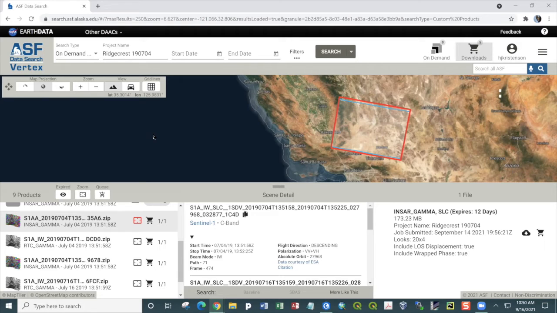If you could just do an annual interferogram, for example, or a longer interval for your InSAR product, and so say, oh, I'm going to do an interferogram from January 2017 to January 2018, and that's valid in some cases, but you have to keep in mind that there are things that change the Earth's surface in terms of the phase measurements beyond just deformation. So it's true, there may be deformation occurring in that year, but there may also be vegetation